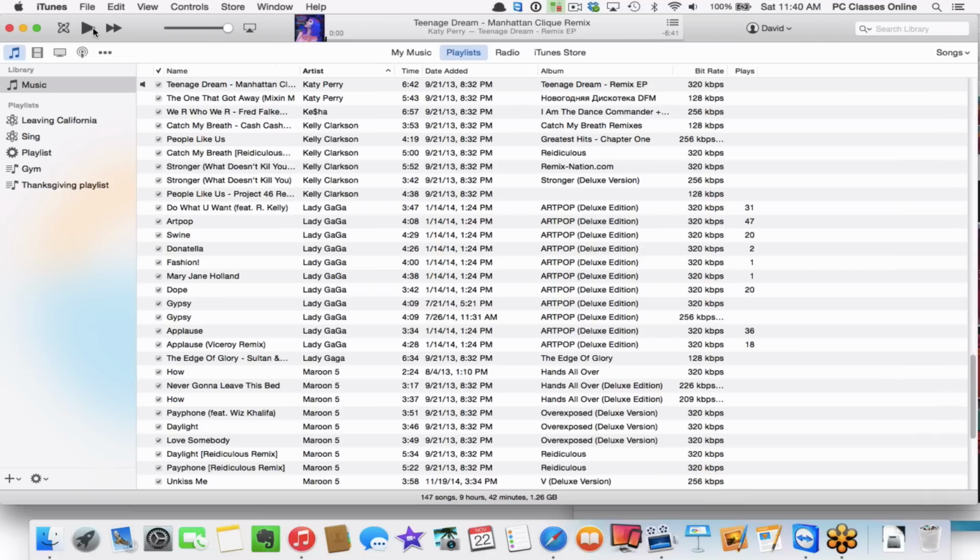The Airport Express, let's see here. I thought I still had the PC classes website up. If you go to our website, it's under wireless routers. It's $100. I think actually through our website you can get it for about $8 less, something like that. But one of the little handy features about it is there is an audio jack on the back. So if your pre-existing stereo has RCA